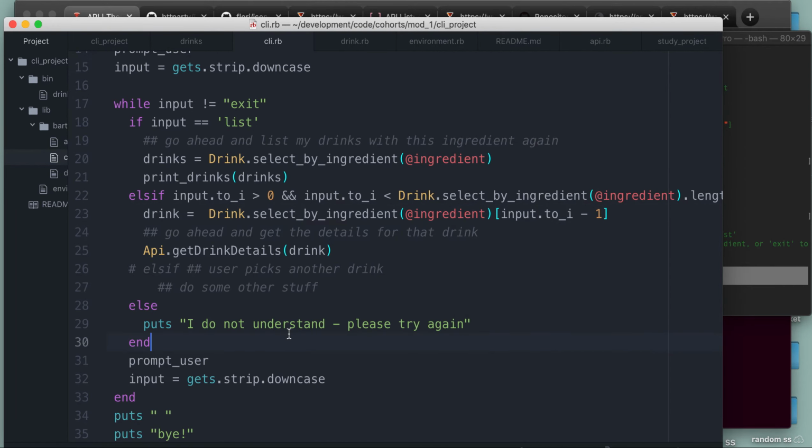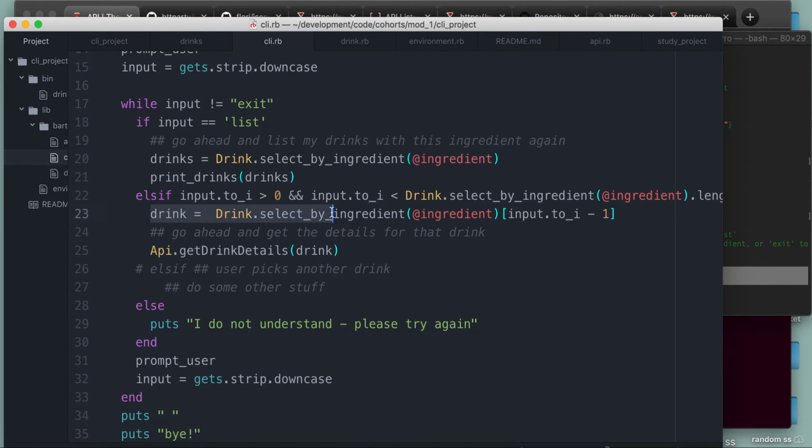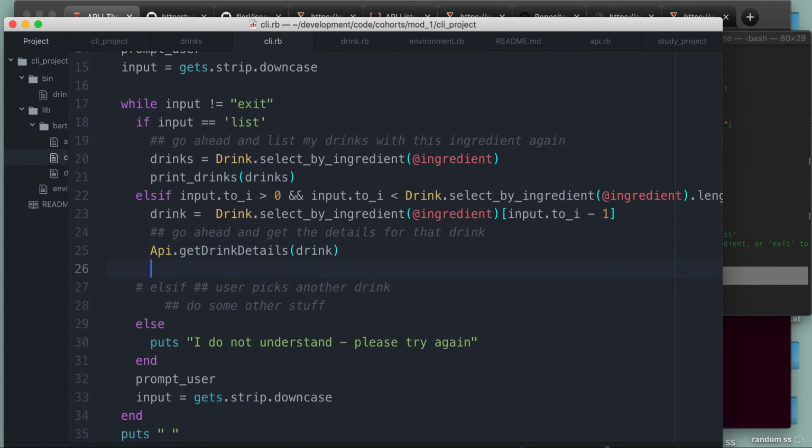Cool. So what do we got? We can get our drink details, and then what do we want to do? We want to actually go through and print the details for that drink, right? So if I think about the functionality that I'm going for, I want to be able to say something like, hey, here's my drink, and maybe let's call this something like